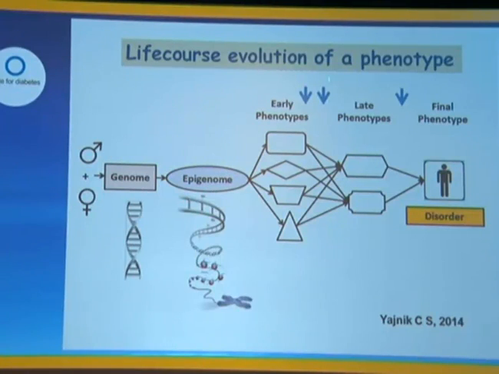On top of that, subsequently, environment keeps acting on the epigenome and causes modification, so that the phenotype keeps continuously evolving. And people do a snapshot here, or as doctors, we look at patients in the clinic and look at the disorder. Therefore, we need a life course study like what we have done to understand how we come to this stage through these various intermediate phenotypes, and what are the factors determining that, and which is the most cost-effective way of